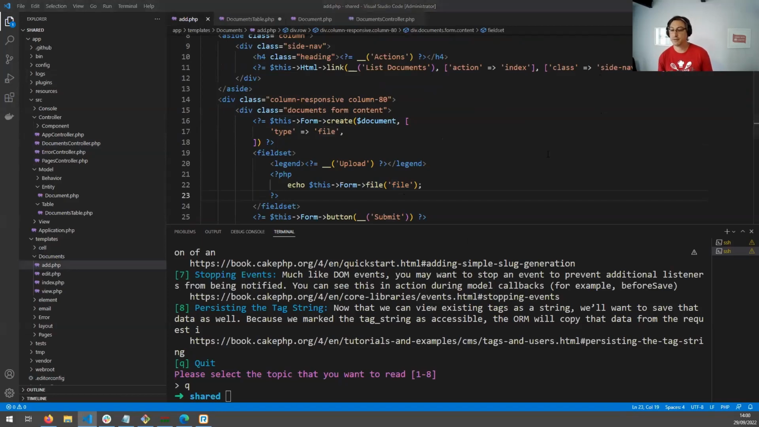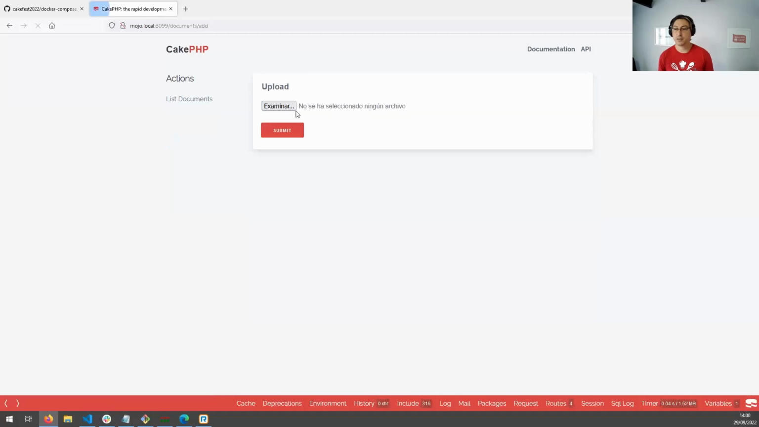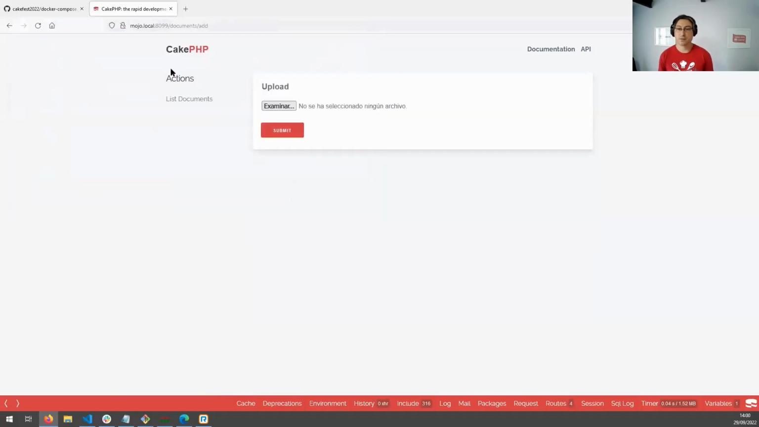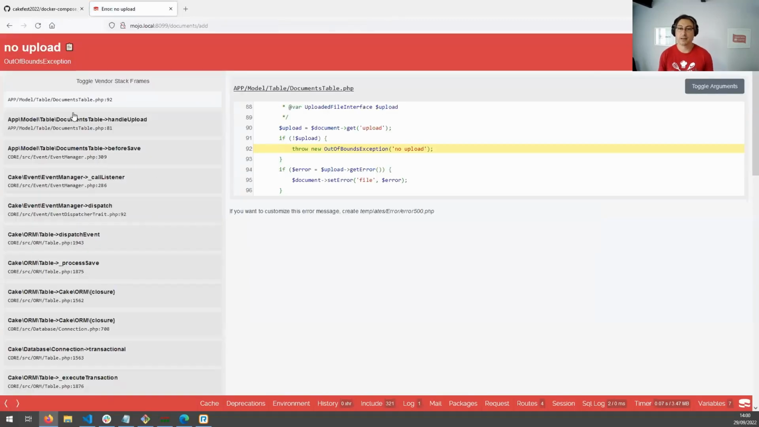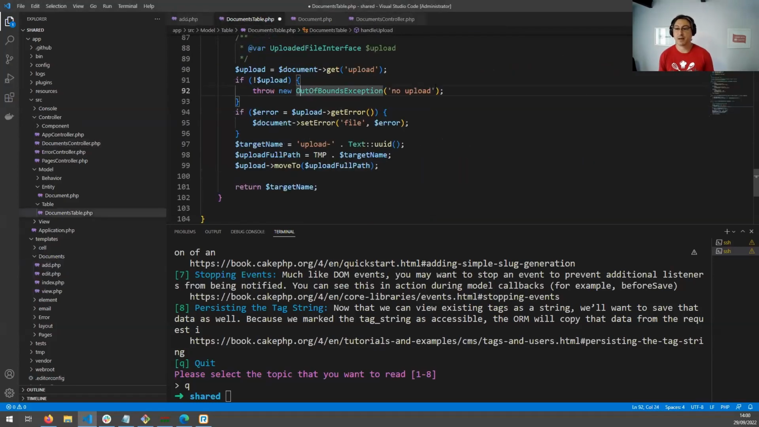Okay, so once we have it ready, we can try and upload a file and see what happens, right? So I'm gonna try this browser here and new document, exam, browse, open and submit, and no upload. Interesting. So, there is no upload because that is a typo. I think that is what you were confused about, right? That's my fault. Get file,